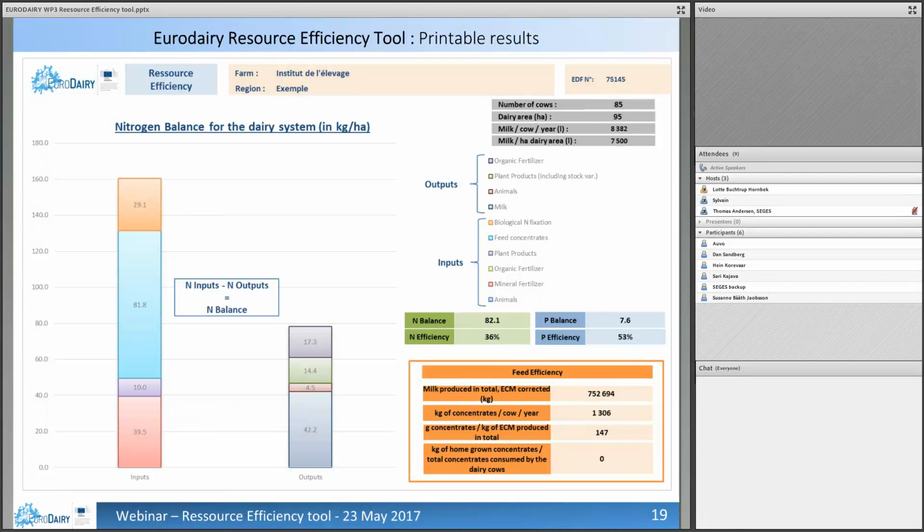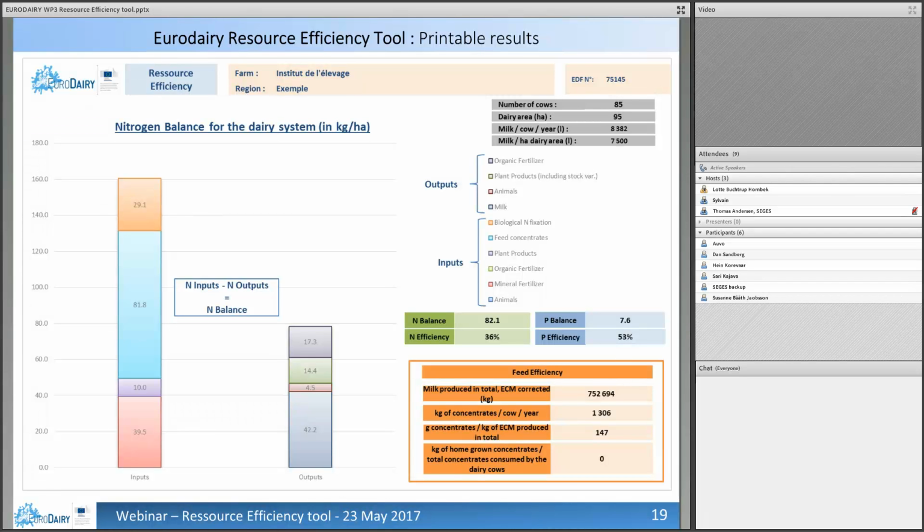You also find on this sheet the number of cows, the dairy area, the milk product per cow per year, and the milk product per dairy area. And finally, you have the nitrogen balance, the nitrogen efficiency, the phosphorus balance, and the phosphorus efficiency. And some indicators about the feed efficiency, the milk product in total, in corrected milk, the kilogram of concentrates per cow per year,